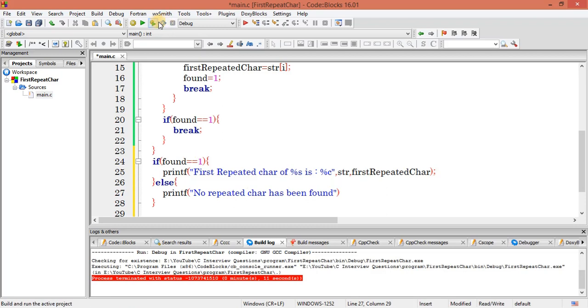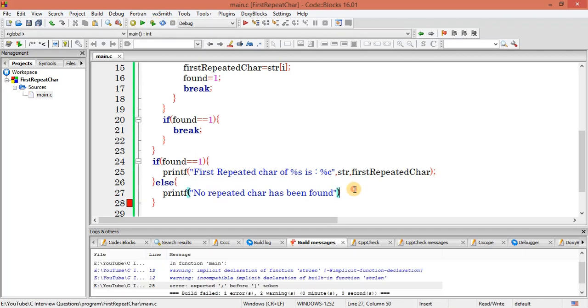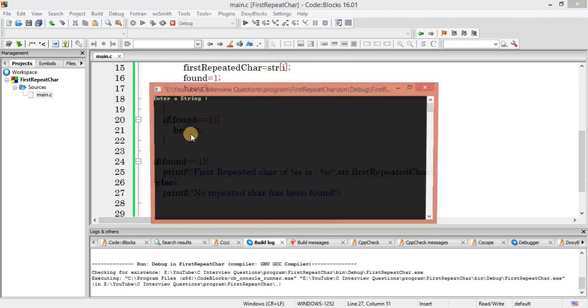Okay, so let me save it. Oh, semicolon at last. Save it and execute.